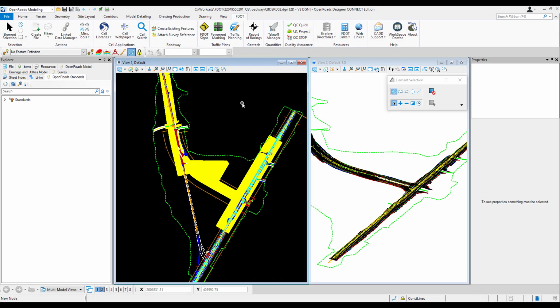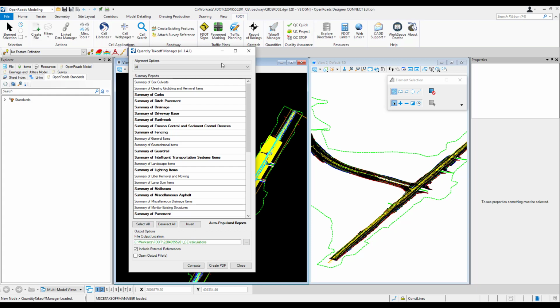For this exercise, we'll continue in the QTD-SRD-02. Make sure the 2D view is active, and on the FDOT tab, we'll launch the Quantity Takeoff Manager. If you recall from a previous exercise, when we set up the model in the QTD-SRD-01 for removal concrete, we assigned the item type for ditch pavement. And when we created this